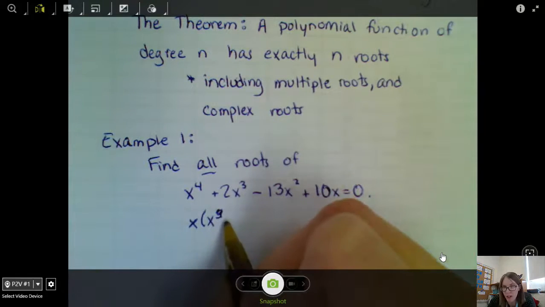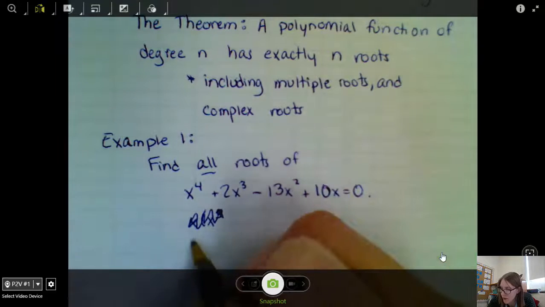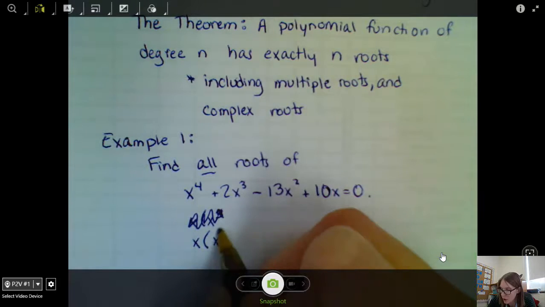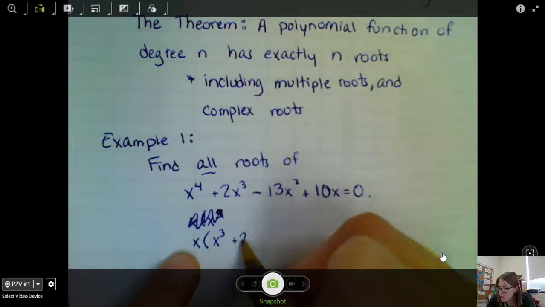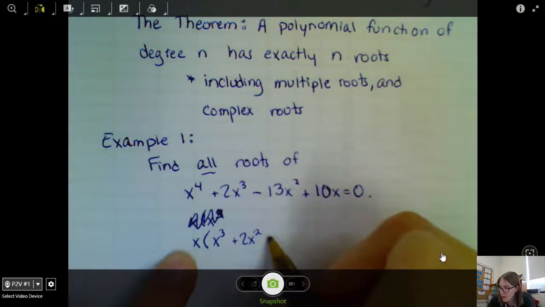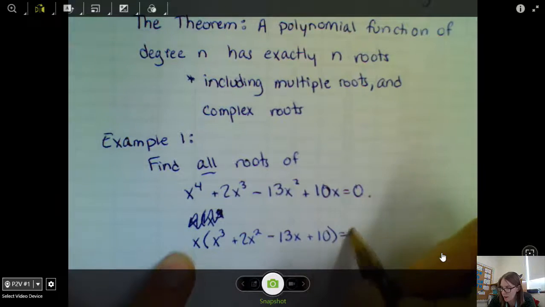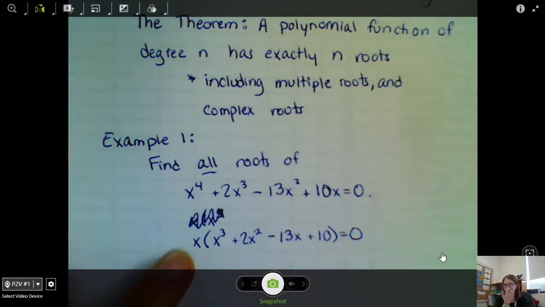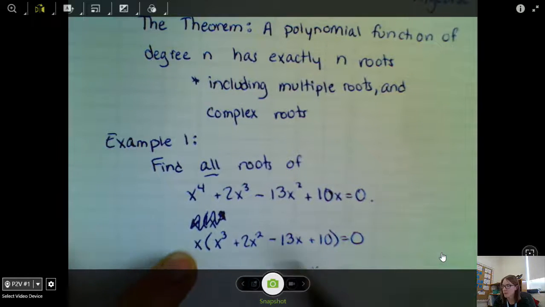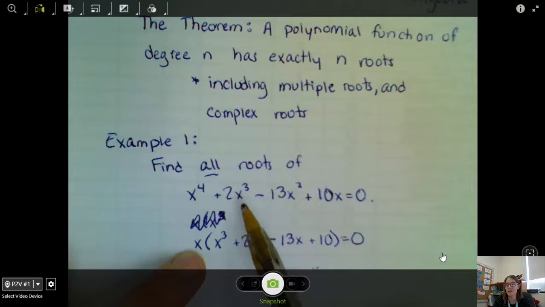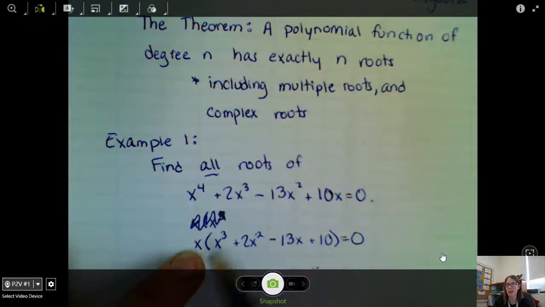So the x cubed here. Just going to rewrite that. Factor out my x, x cubed plus 2x squared minus 13x plus 10 equals 0. Remember, you can always double check: x times x cubed is x to the 4th. x times 2x squared is 2x cubed. x times negative 13x, x times 10. Once I get here,